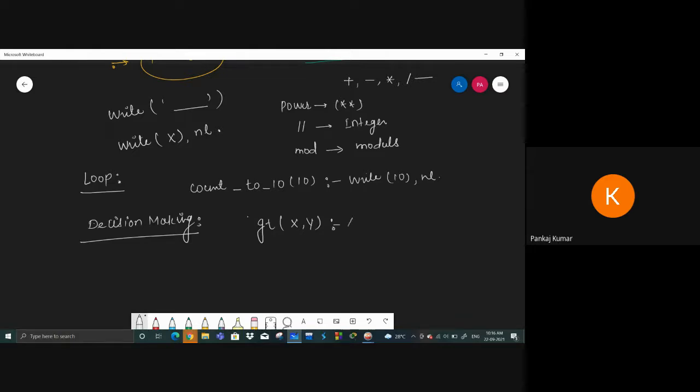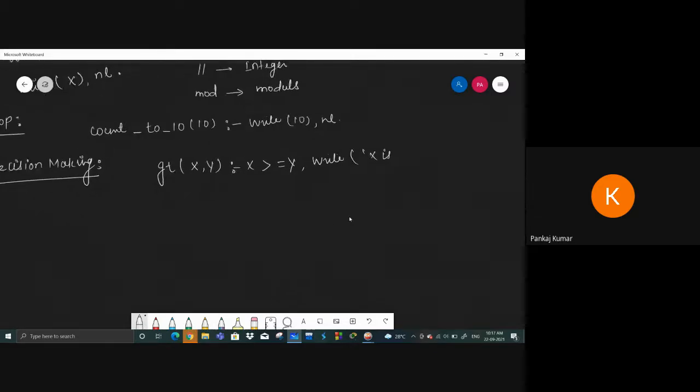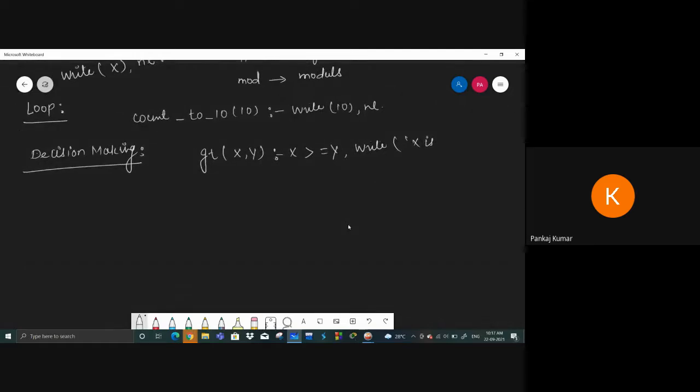So we can write x is greater than or equal to y. So we have to write x is greater than y. So we have to print that x is greater than y. So these are the code for writing all the things, and we have to print.